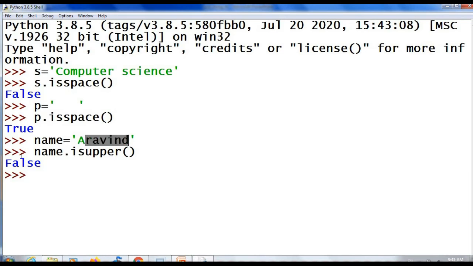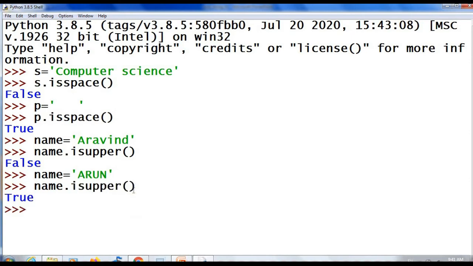That is why it returned false. name equal to "ARUN". name.isupper(). The result is true. That is, the string ARUN contains only uppercase letters. So, the isupper method will return true if all the characters in that string are uppercase letters.